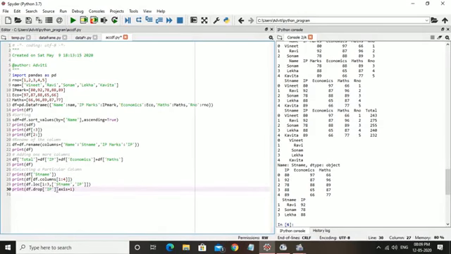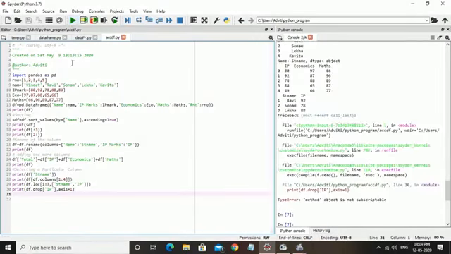Now we will check this output. We'll see what it shows: df dot drop axis equals 1, method object not subscriptable. Now you can see this error is coming. We have mentioned df dot drop and then the column name and axis equals 1.